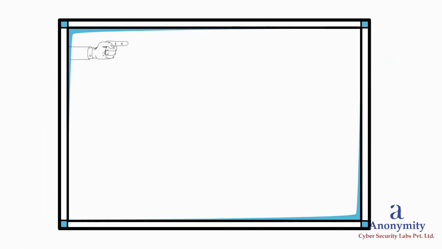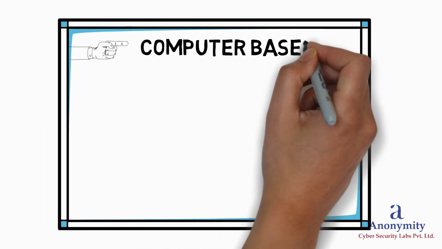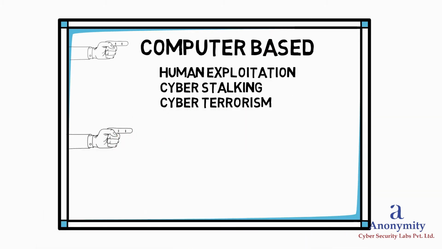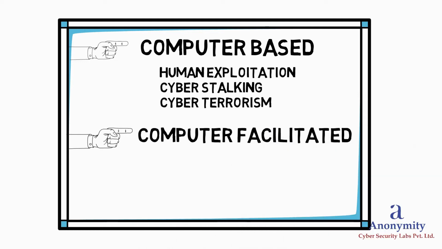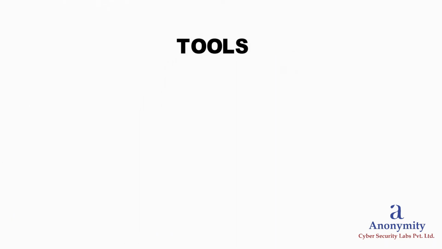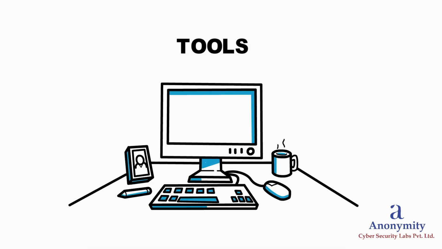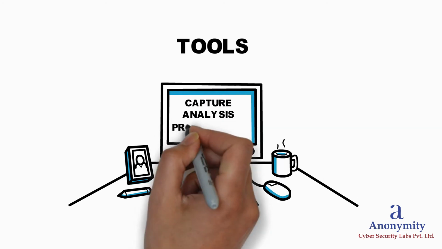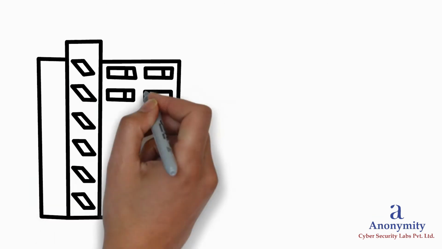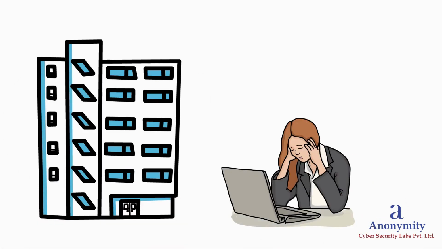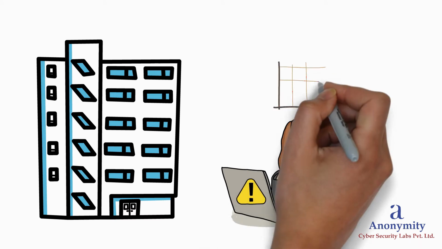In the pursuit and conviction of crimes, both computer-based such as exploitation, cyber stalking and cyber terrorism, but also computer-facilitated such as illegal data breaches that lead to the theft of information. Discipline tools have emerged to aid investigators in the capture, preservation and evaluation of evidence that may arise during the course of investigating that criminal activity. Any portion of an enterprise system can be exposed to criminal activity, so data collection and forensic analysts